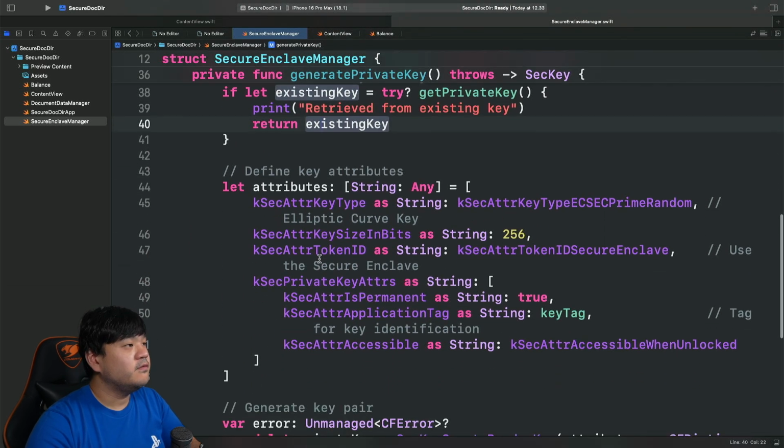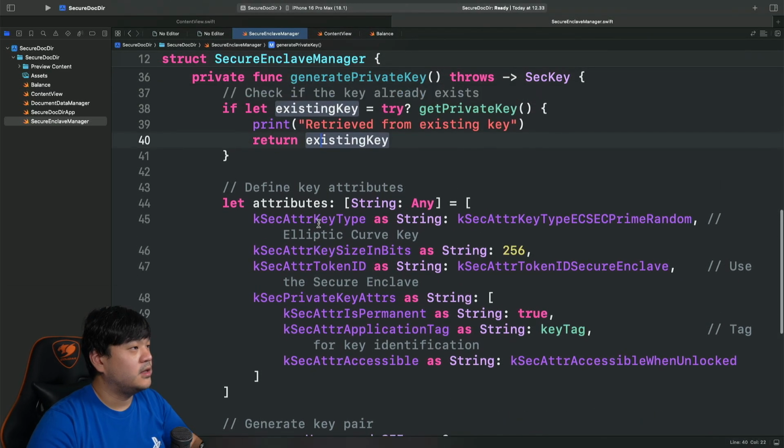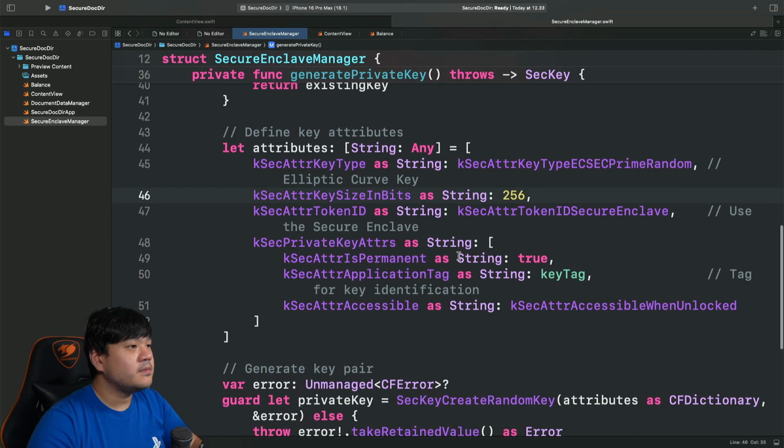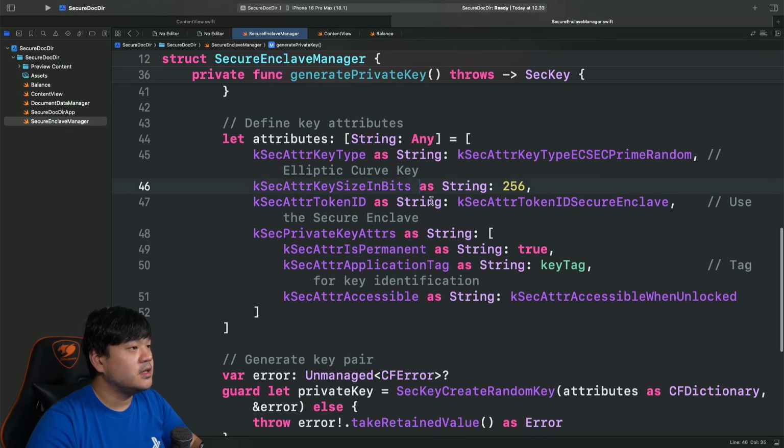If it failed, then we will create the key by asking the secure enclave, creating the attributes. The attribute key type will be this ECSECPrimeRandom. This is the elliptic curve key, and the size in bits is 256. For the attribute token ID, we use this kSecAttrTokenIDSecureEnclave to make sure this is stored in the secure enclave, not in the keychain.